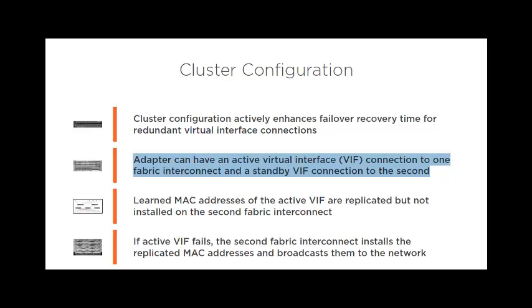Yeah. If I have 8 servers, 4 servers will be pinned. 4 servers will be mapped to fabric interconnect A. The other 4 will be mapped to fabric interconnect B. In that way, both the fabric interconnects are actively taking the load, and if one of the fabric interconnects goes down, say for example fabric interconnect B goes down,